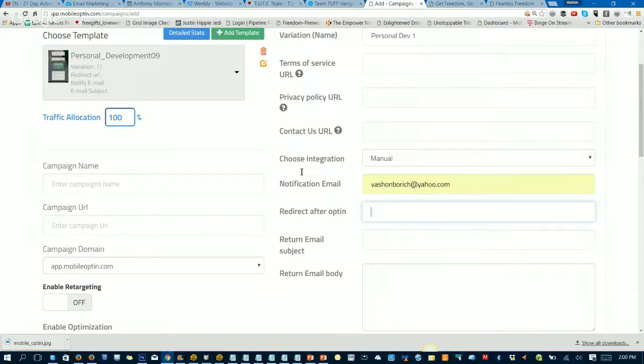This is the page that you want them to go to right after they touch the button and send you an email. I usually send them to a bridge page. A bridge page is a page that has a video that introduces my offer, so it's kind of bridging you from the opt-in to the sale. That's one of the tips I've learned as an internet marketer that works better than just sending them straight to a sales page.